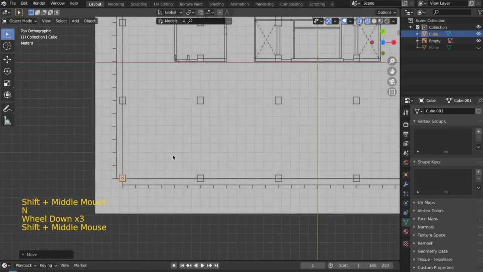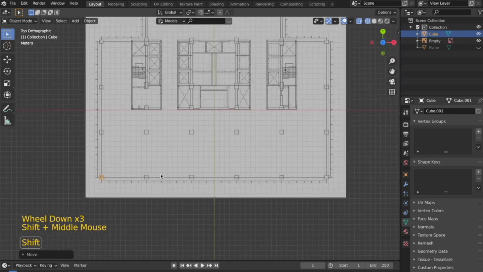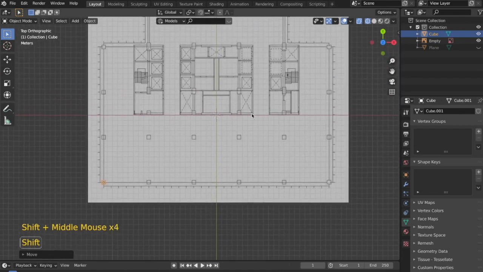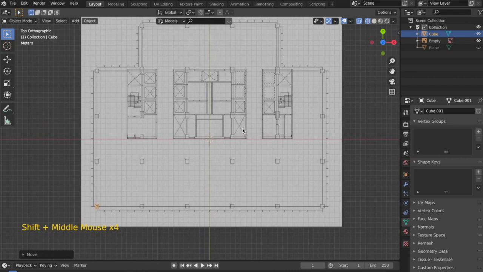The next thing is that we are not going to duplicate it again and again using the Shift D option. If you can see, there's a pattern being repeated, kind of a grid of these columns. So in this case, the array modifier is going to work best for us because over here first we can array it along the x-axis, so we will get these columns. Then this whole line can be arrayed and then we'll get these columns. So that's what I'll do now.